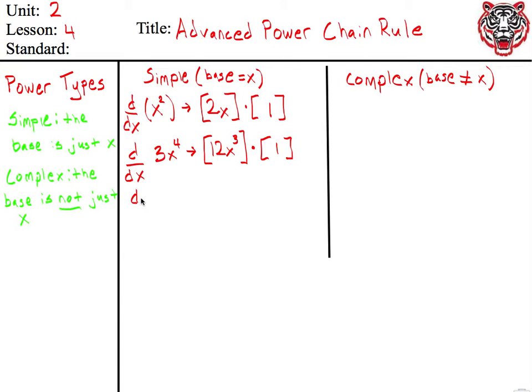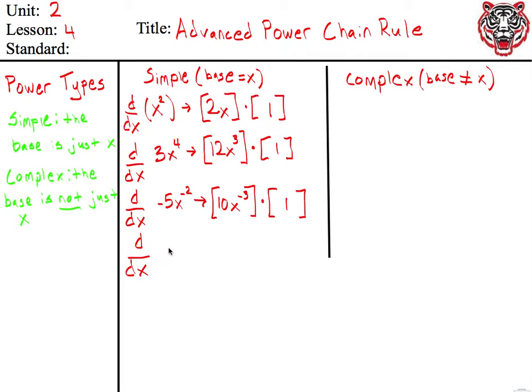So let's check out d dx, the derivative of negative 5x to the negative 2. So what does that turn into? 10x to the negative 3rd power times, and then keep going until we hit that inner babushka doll. Times 1, exactly. And our final example, d dx